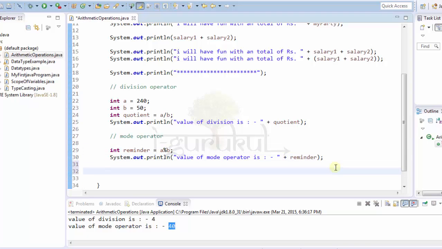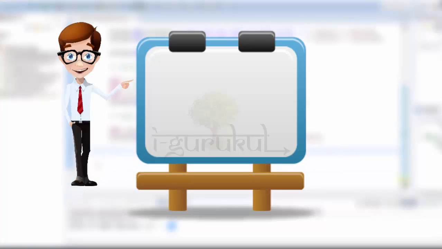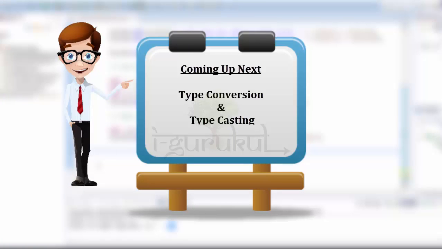That will be all about arithmetic operations. But if you want to use the same values with the double data type, you can use it and you will be getting the same output in decimal numbers. That will be all. In our next tutorial we will learn about